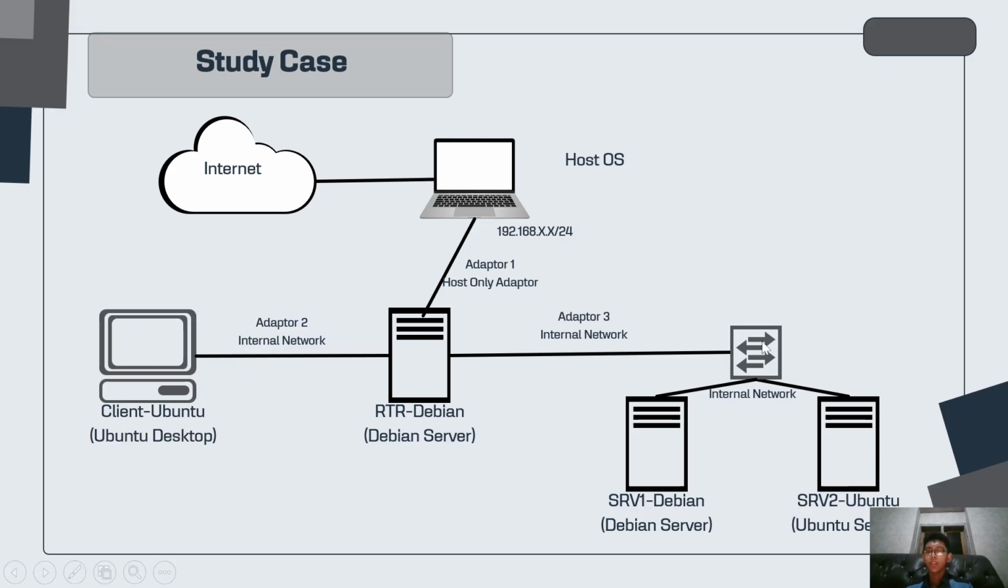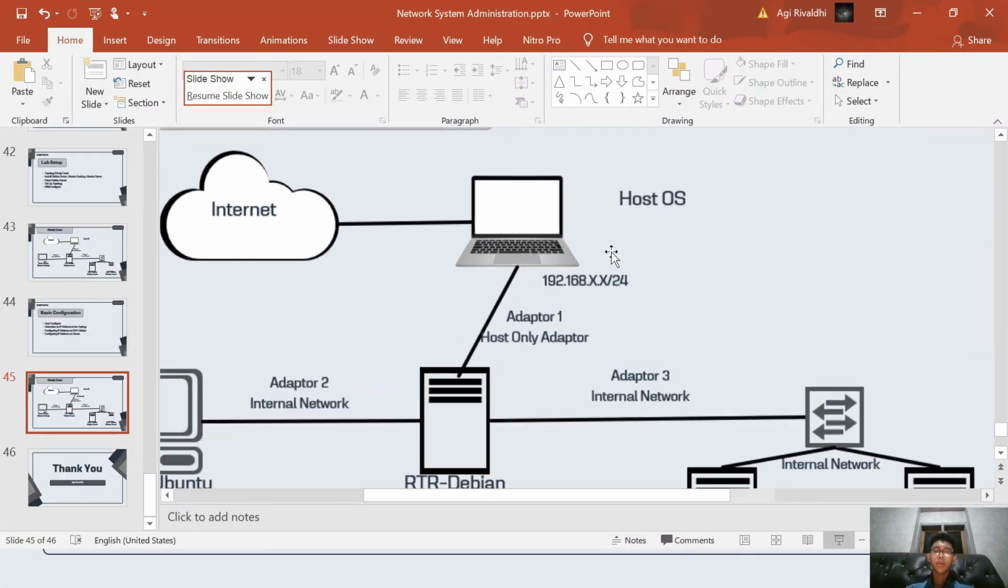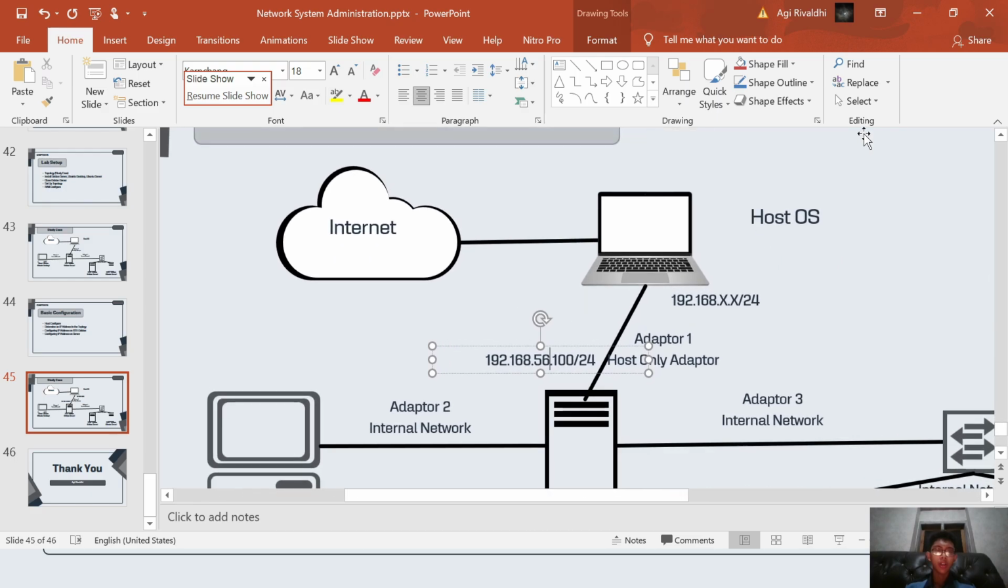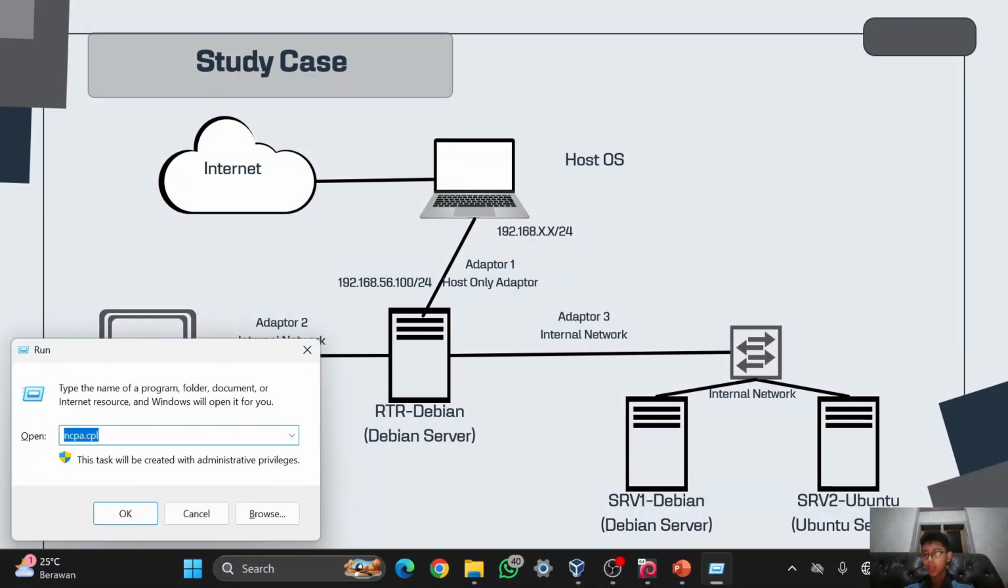So in here I will use this study case, which is from the host OS. It is connected to the router Debian, and from the router Debian it will connect to the client Ubuntu and also to the server 1 Debian and server 2 Ubuntu. In here I will add some IP. Oh yeah, for this IP, you have to adjust it with the host only adapter on your laptop. To check it, you can use Win R and then ncpa.cpl,